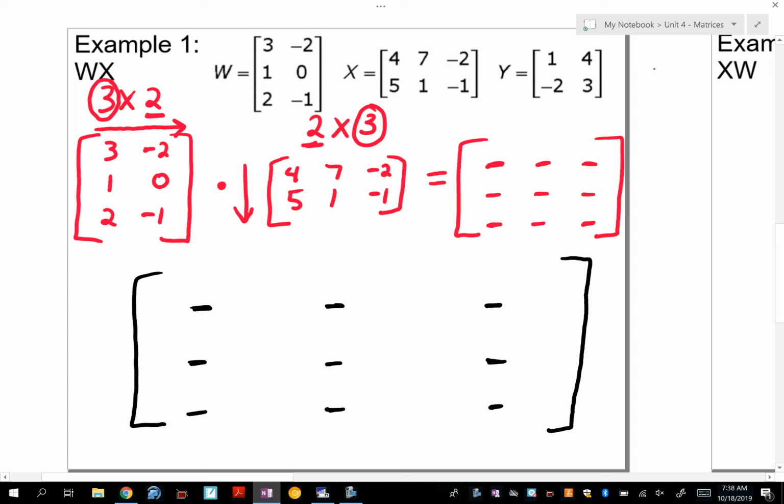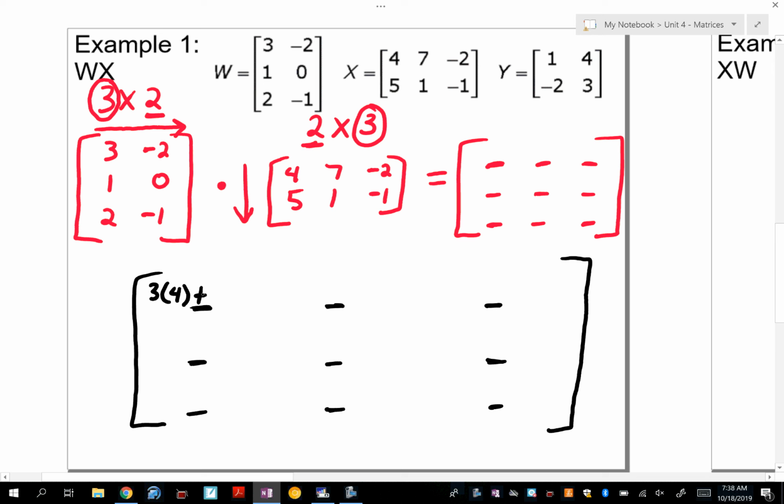Okay. So let's go to the first row in our first matrix. Everyone see 3 and negative 2? That row is going to multiply by this column. All right. So you're going to do 3 times 4